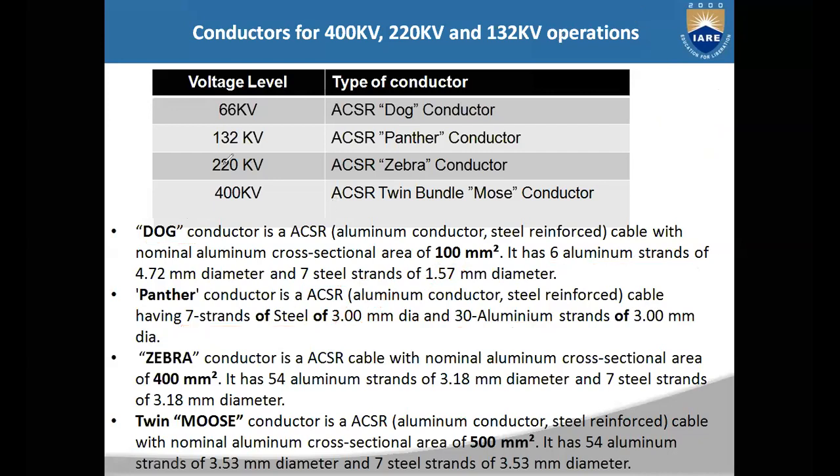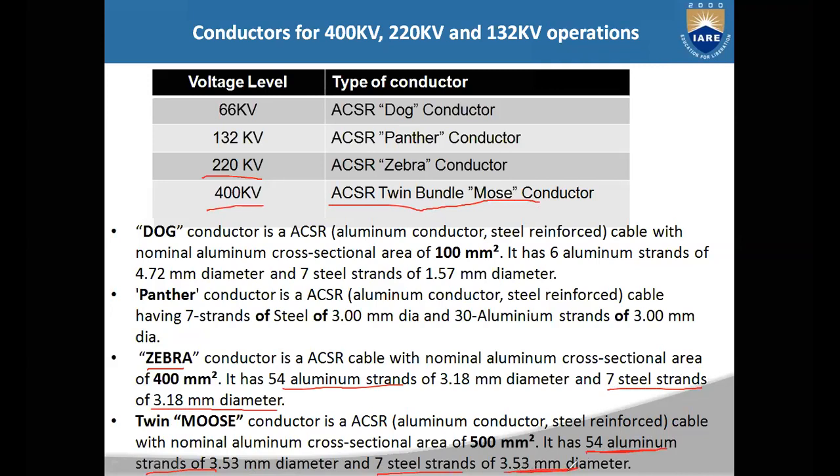Now if it is 220 kilovolts, you have to use the ACSR Zebra conductor. That ACSR Zebra conductor will have 54 aluminum strands of 3.18 mm diameter, and 7 steel strands of 3.18 mm diameter. And if it is 400 kilovolts, the ACSR twin bundle Moose conductor will be used. The twin Moose conductor will have 54 aluminum strands of 3.53 mm diameter, and 7 steel strands of 3.53 mm